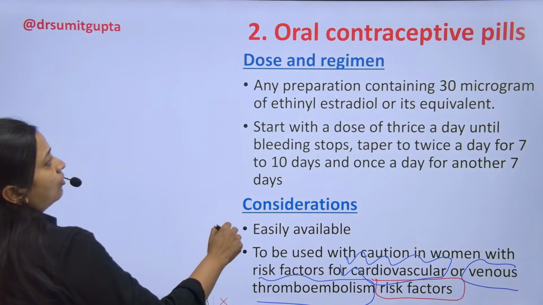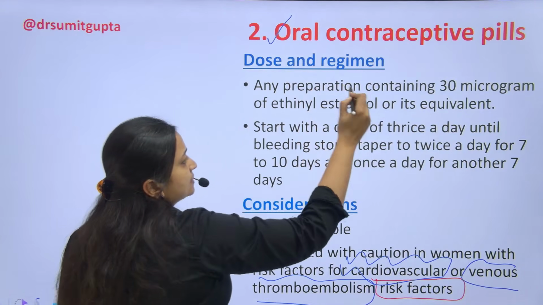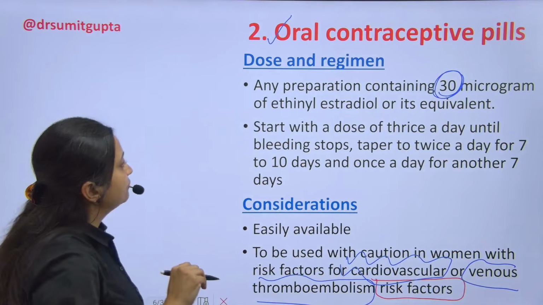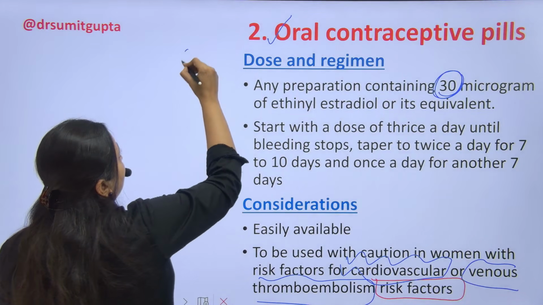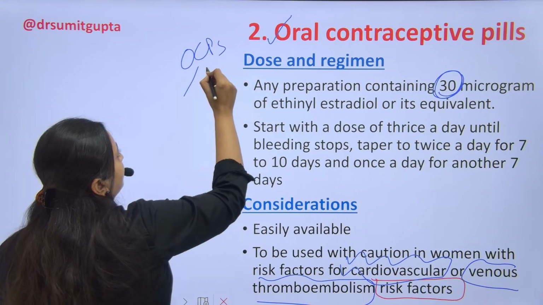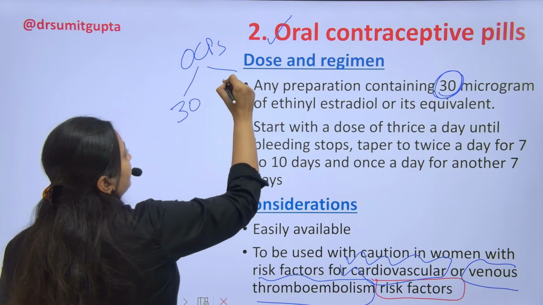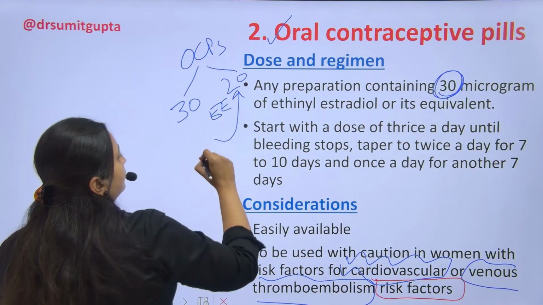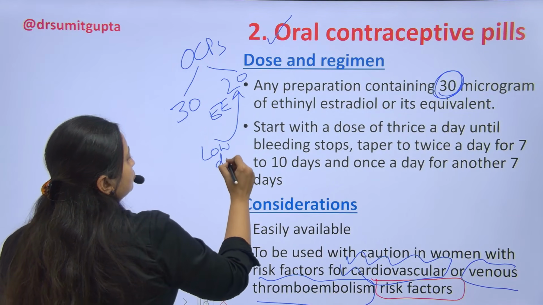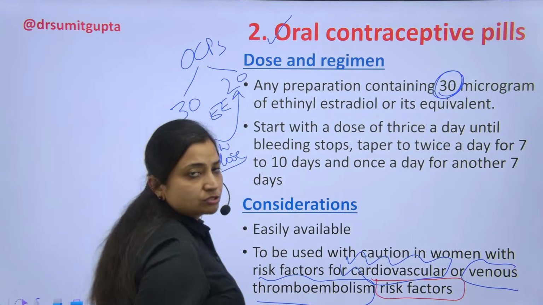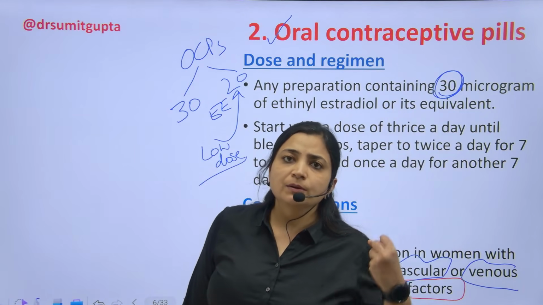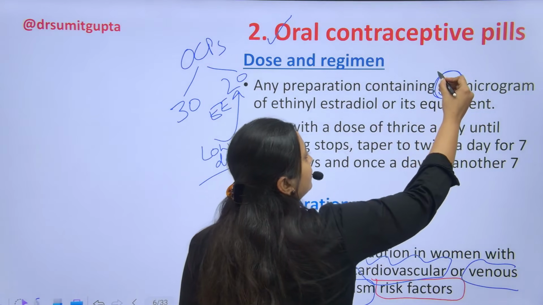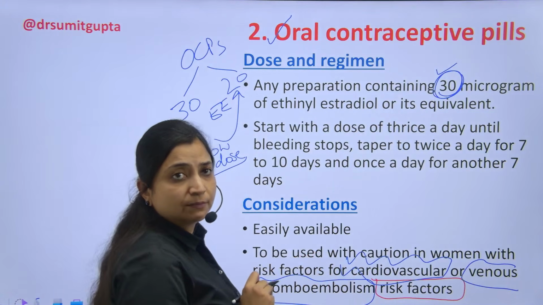But if you are opting for oral contraceptive pills, then always choose the one which has at least 30 micrograms of ethinyl estradiol. There are two types of OC pills available in the market, one having 30, another having 20 micrograms of ethinyl estradiol. Mostly for contraception, low dose estrogen is used because estrogen generally causes nausea. But if you are picking up the pills for AUB management, then pick the one with the higher quantity of estrogen, that is 30 micrograms.